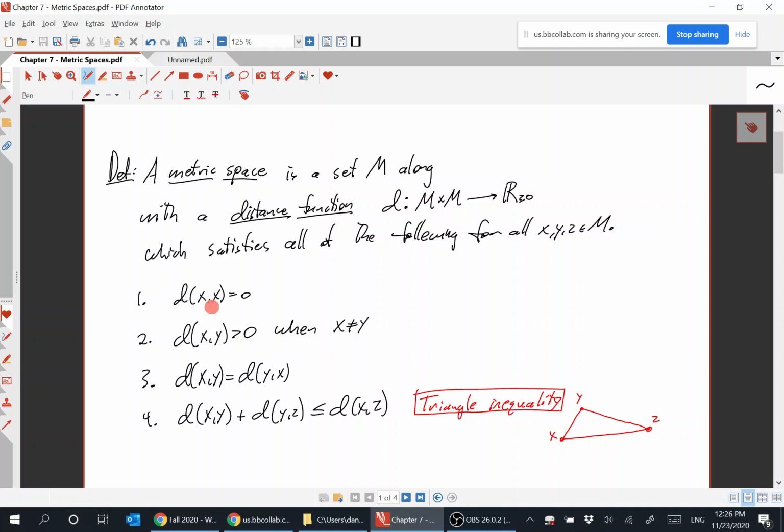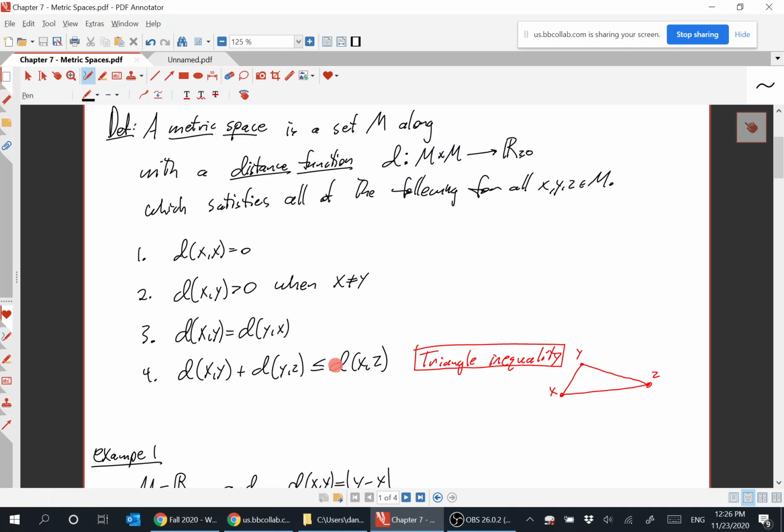satisfying the following properties. The distance from x to x is always 0. The distance from x to y is greater than 0 when x is not equal to y. The distance function is symmetric: the distance from x to y is the same as the distance from y to x. And then you have this thing called the triangle inequality. The distance from x to y plus the distance from y to z is greater than or equal to the distance from x to z. Now, the triangle inequality is called the triangle inequality because it